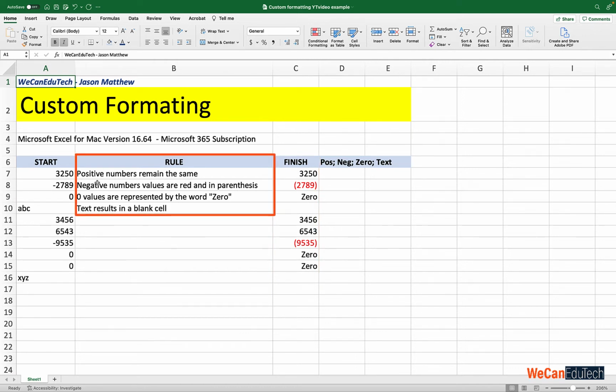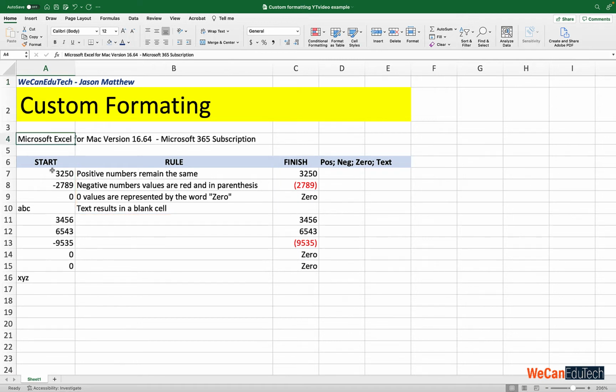For all the positive numbers, we want them to remain as is. The negative numbers, we want to convert from that black color to a red color, and we want to put the number in parentheses. The 0 values, we want those to come up as the word 0. And we want any text that was in the start column to be reformatted as blank cells. So what I'm going to do is copy the values in column A,